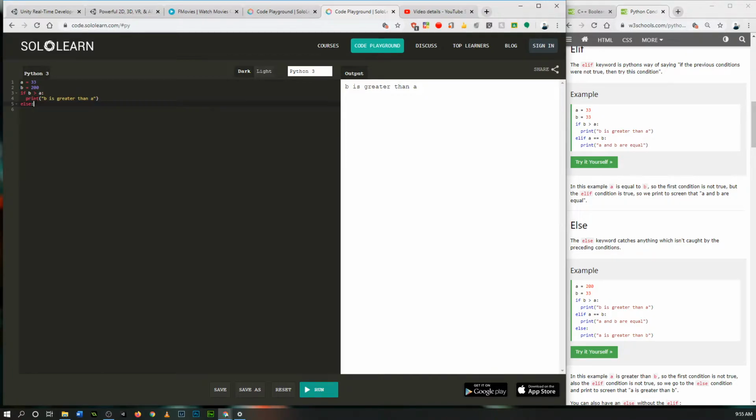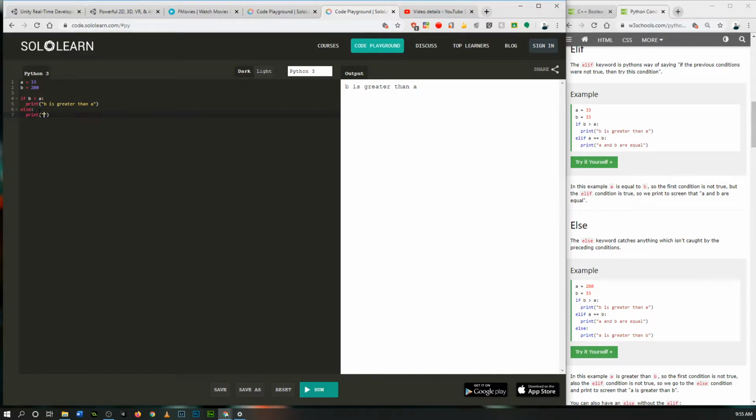So every condition line must end with this. Normally Python doesn't have any special characters at the end of the line. But with the condition statements, you must have a colon. And another thing, you have to tab. It needs indents, and the indent must line up with the one above. So print is over there, so you type print,